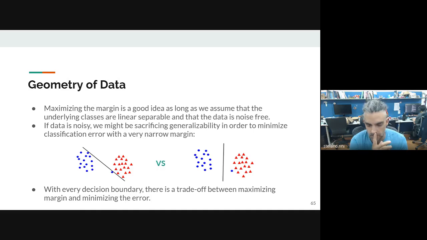But of course, maybe there is some data which is not separable. So if you look at this example here, if the data is, let's say, noisy in some sense or not ideal in some other sense, then if you try to separate the data exactly, you might end up doing something like this. Here there is an outlier in your set of zeros, which is very close to the set of ones. If I try to separate it exactly, I might have a very skewed boundary where the margin between the two sets is very, very small.